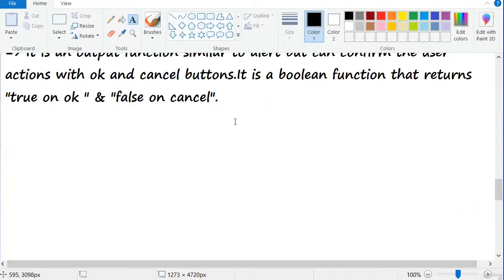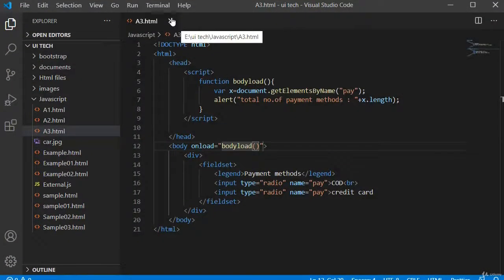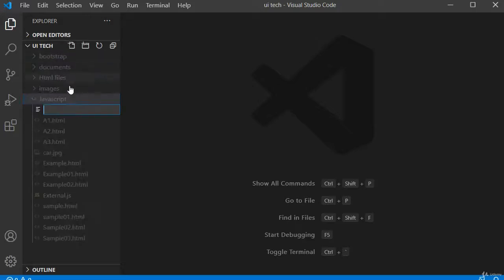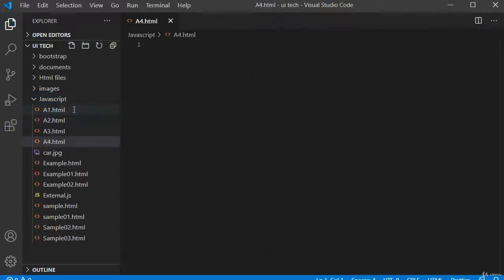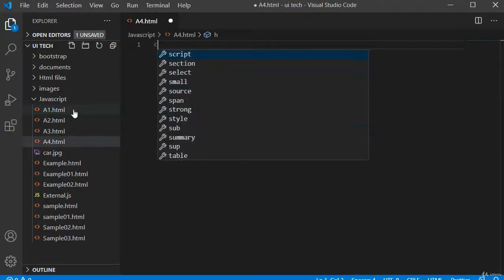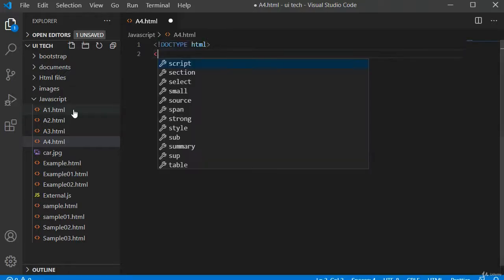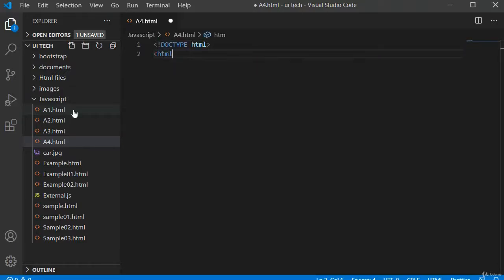We will see an example how to use this confirm function in our HTML page. Just go to Visual Studio Code. I want to create a new file in my JavaScript folder as a4.html. Inside this, I will use doctype, then HTML tag.